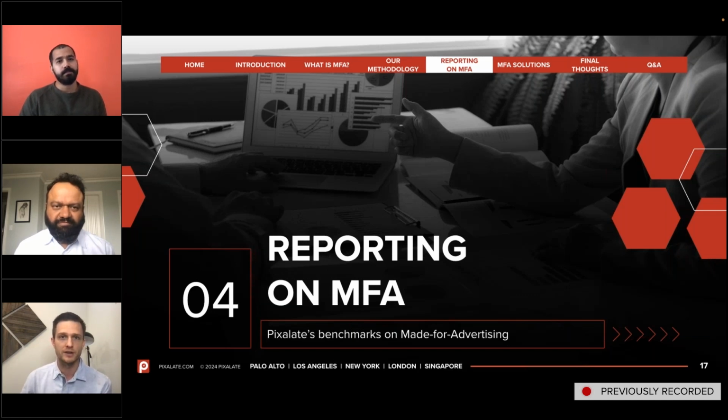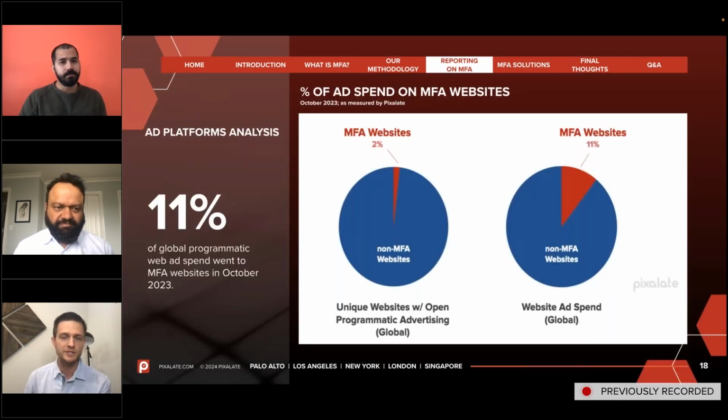If we can go to the next slide, that research found that 2% of websites with open programmatic advertising, as measured by Pixalate, are flagged as likely MFA, but those 2% of websites actually received 11% of all open programmatic ad spend. That's based on Pixalate's estimates, and it's aligned with other estimates that we've seen out there.